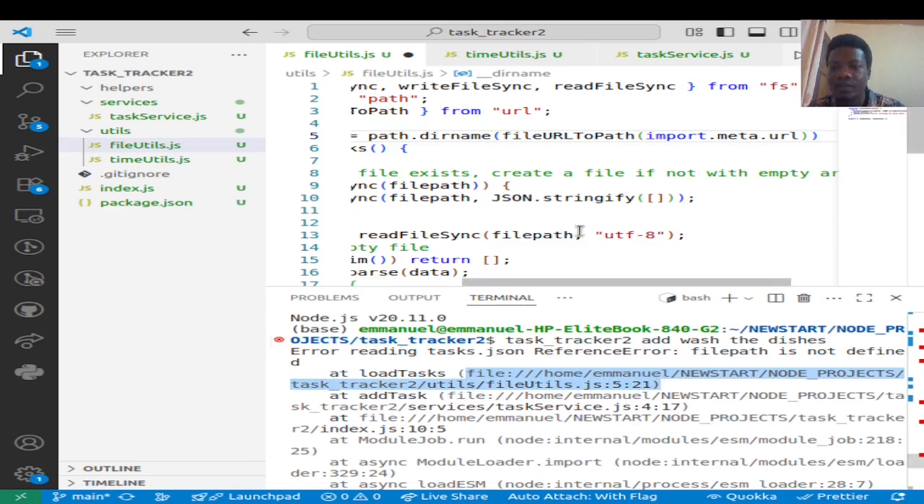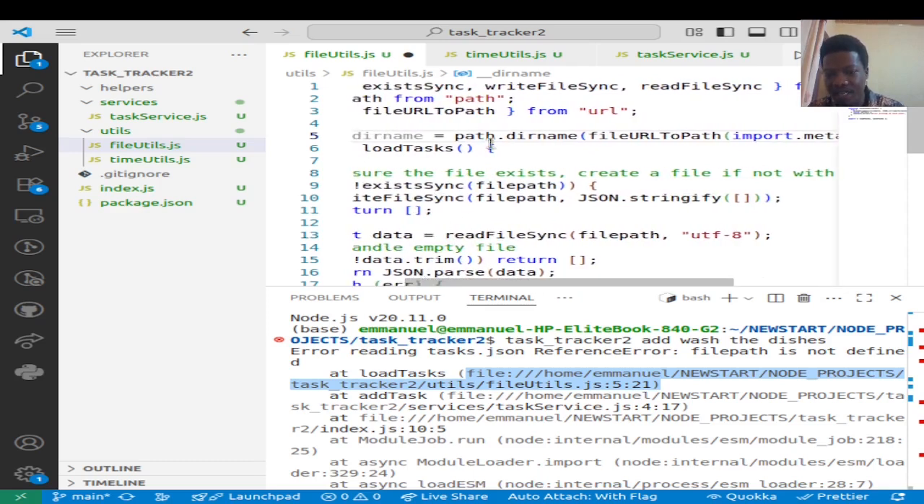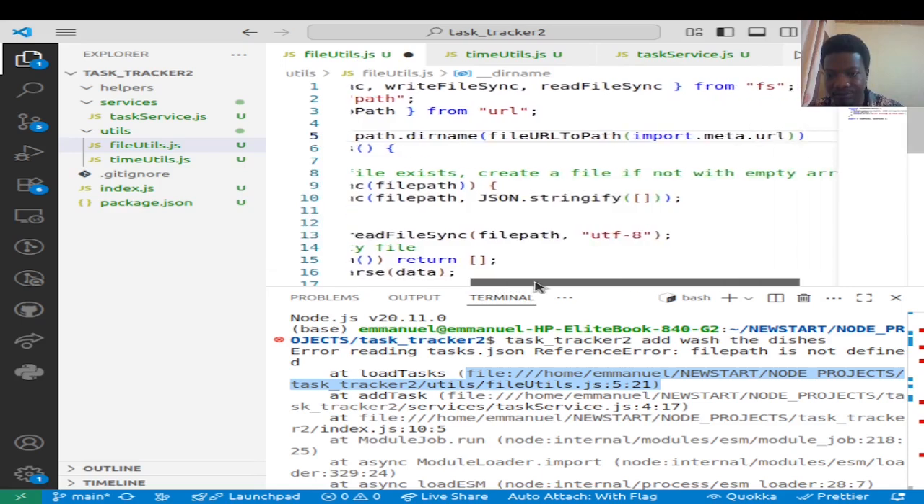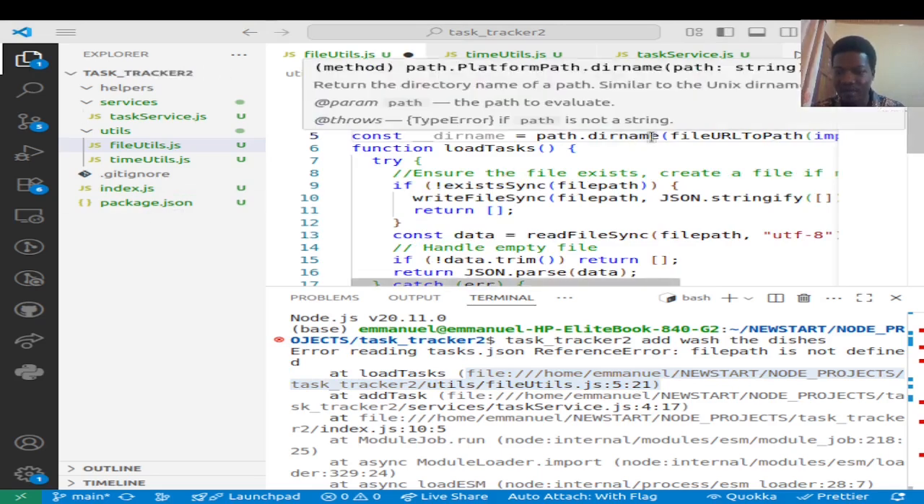Okay, so this will change the file URL to path definitions. The syntax of the URL needs to change to the path format. Then this path dirname needs to get the directory name, the folder name of this file. The file tells where we are right now. Okay, nice. So after you get that, then to get the file path,